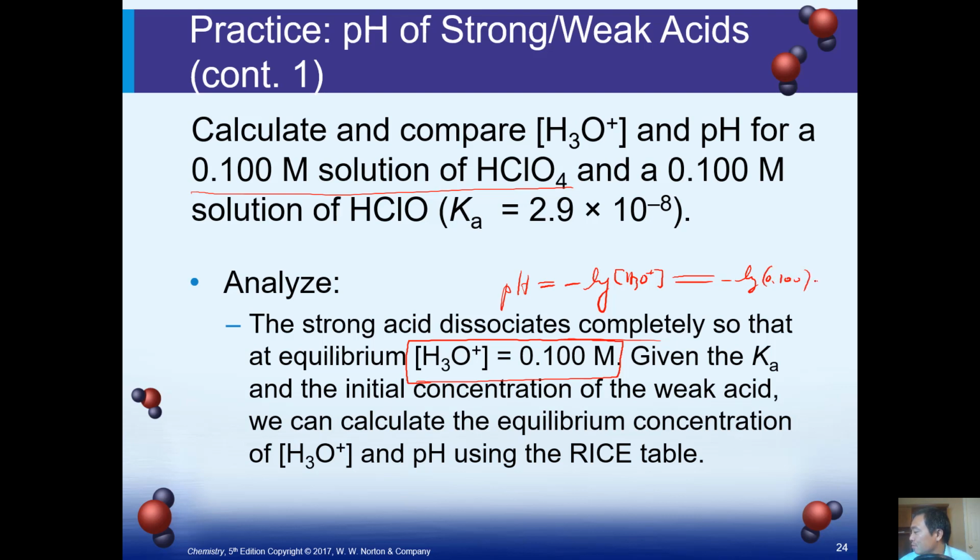This gives you 1. For the weak acid, you will have to use the so-called ICE table